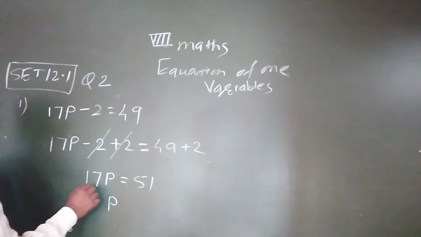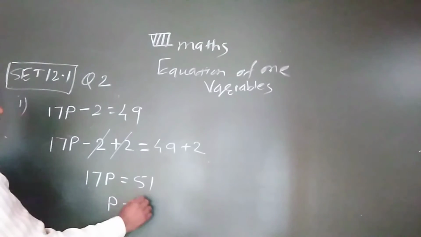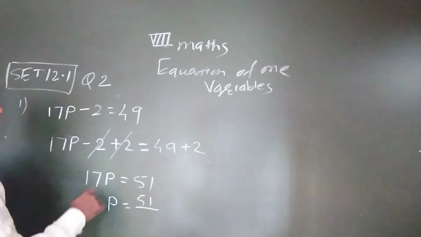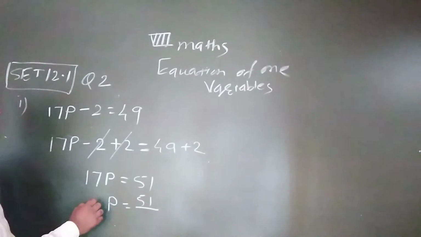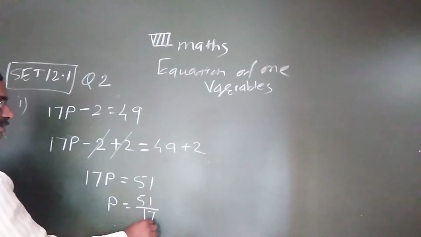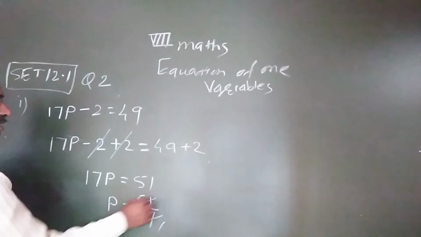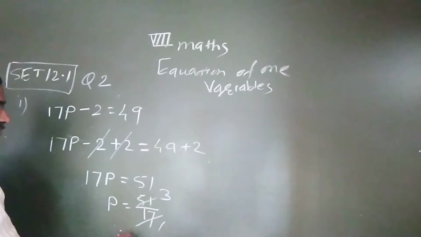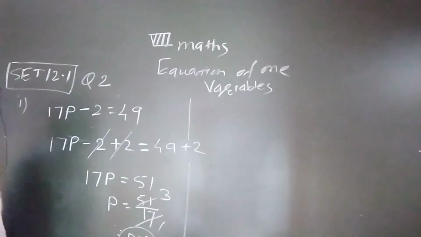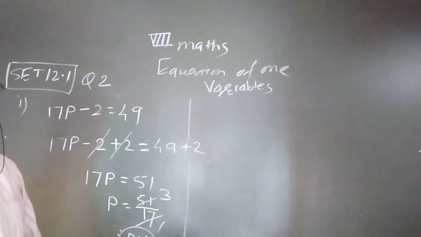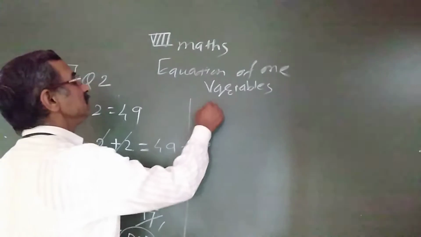This 17 is multiplied to the p, so by changing the side from left hand to right hand, we take the opposite operation, the multiplication goes to division. 17 ones are 17, 17 threes are 51, therefore we will get the value of p is equal to 3. Then the second,